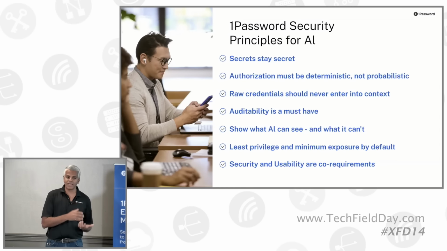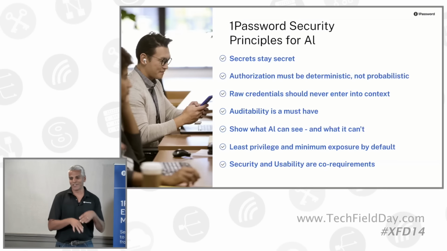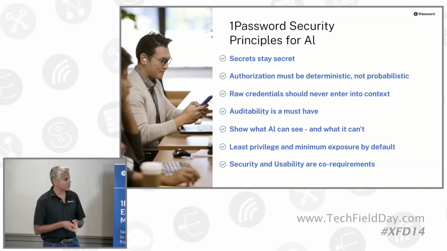The third point ties back to the second point, which is that you shouldn't be putting raw credentials into the context window of an LLM, right? For instance, releasing raw credentials over MCP is the equivalent of typing in the prompt window, "Hey, here's my password for this service. Please use it on my behalf. Enter." Or "Here's my API key." It's not a great thing because obviously it increases the chance of leakage of those credentials. And so just from a principle and a best practice, we don't approve.